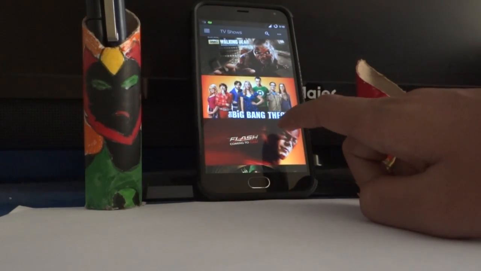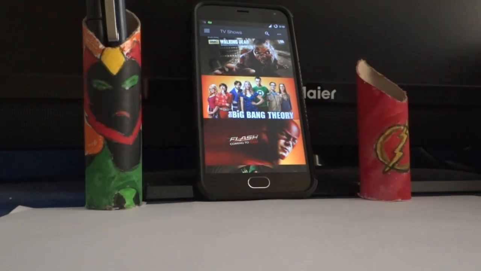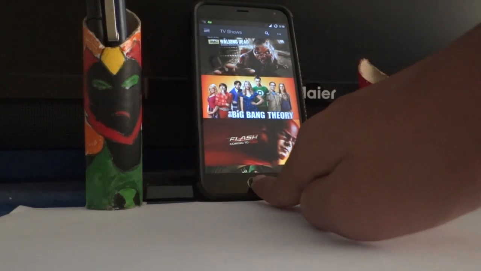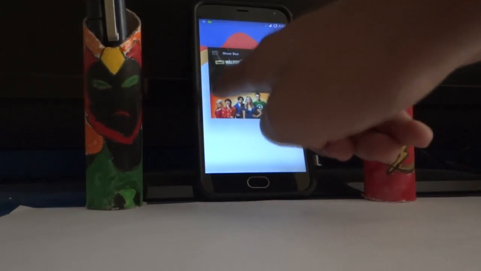So as you may have guessed by the name of this channel, Flashy Guy, I really dig the Flash TV show and the comic book character, besides Barry's bobblehead. And yeah, that's what I watch. That's basically what I got this app for. So yeah, as I do not want to get into any more trouble, let's get on with the next app,